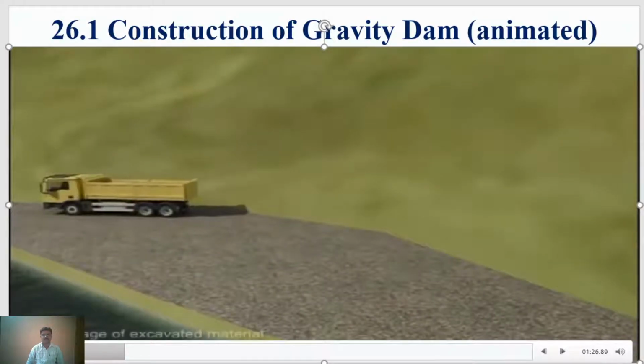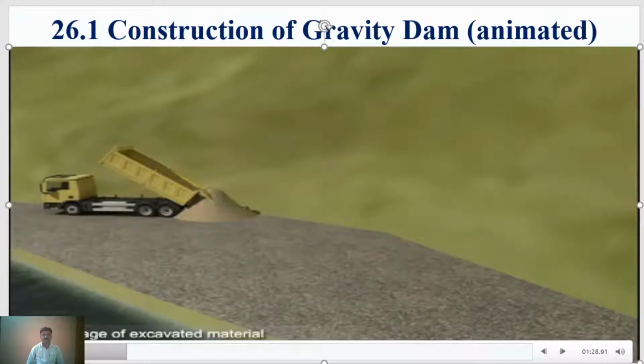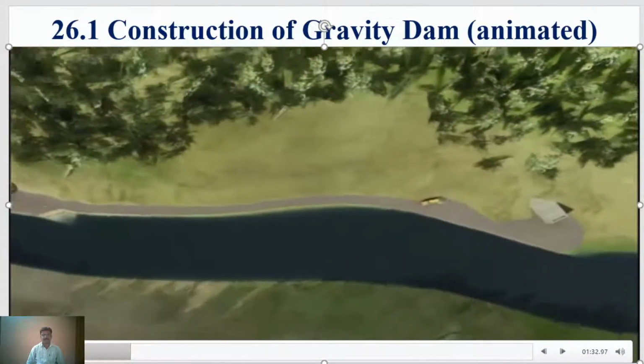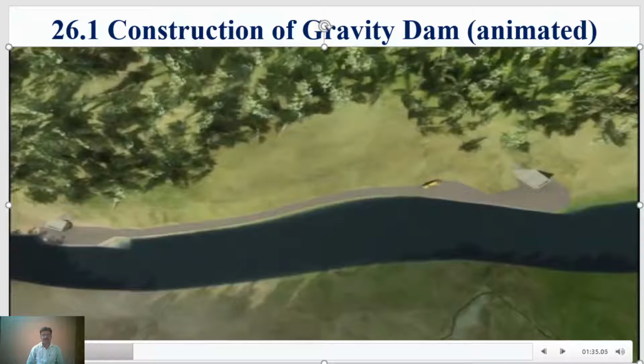The excavated material is stored near either end of the tunnel. The diversion tunnel is excavated from both the upstream and the downstream ends, gradually progressing towards each other.